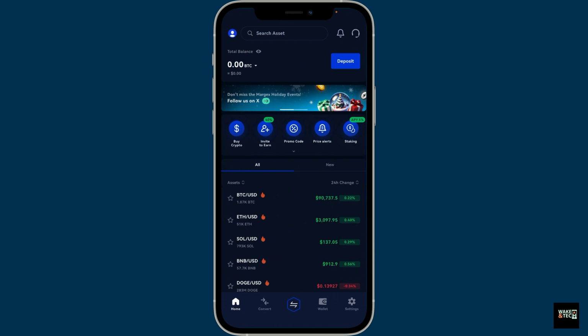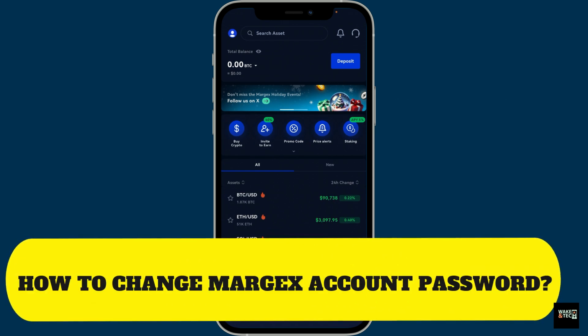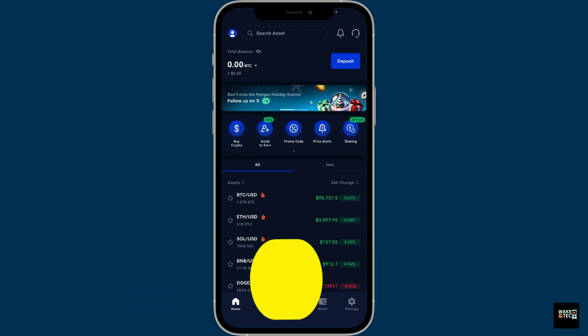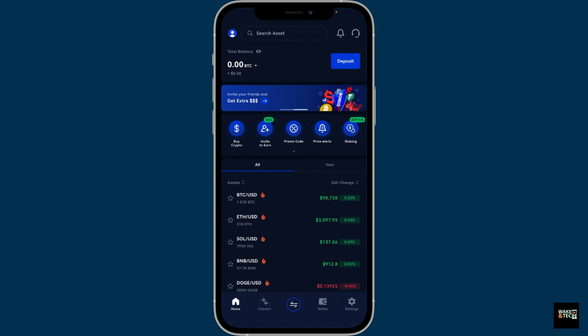Today in this video, I'm going to show you how to change Margex account's password step by step. If you're looking to keep your Margex account secure or just want to update your password, then this is how you do it. First of all, launch or open your Margex application on your smartphone and make sure that you're